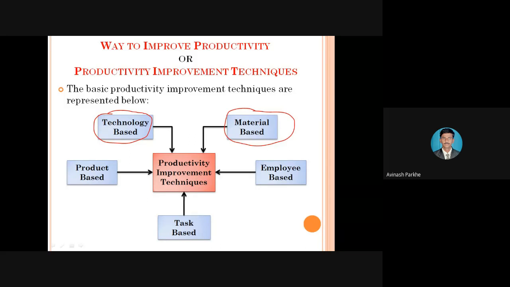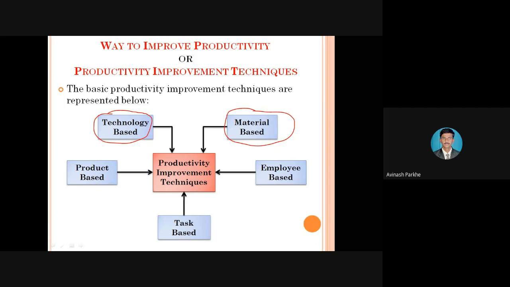And the last point is material recycling and material reuse. Once the maximum amount of material is eliminated, maximum wastage has taken place, but afterwards we have to think about whether that wasted material can be reused again, or by performing some recycling processes on that material, can we use it again for manufacturing. On that part also we have to focus.